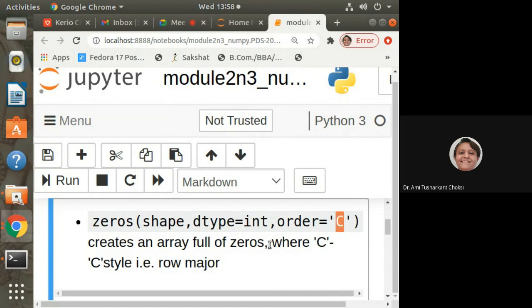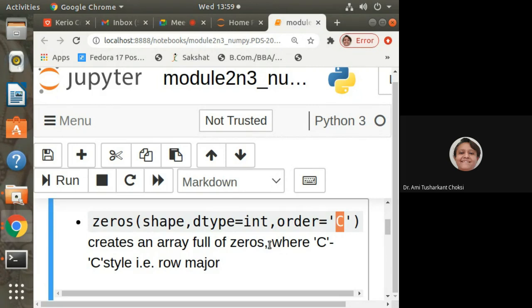So if we want to create any matrix, the way we do the operation, for that we need to have all elements as 0, say a 3 cross 3 matrix. We want to store 0 in that, all the elements initialized by 0. Typically in other languages, what we do is: for i = 0, i less than row, i plus plus; then for j = 0, j less than column, j plus plus; then array[i][j] = 0.